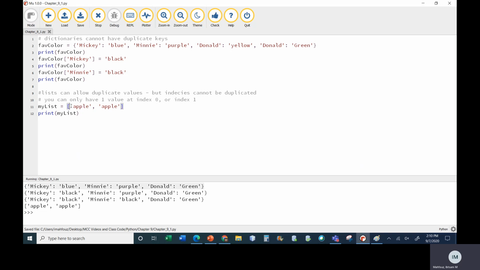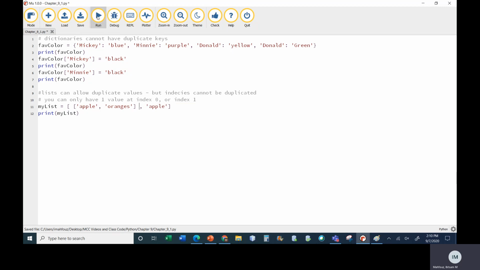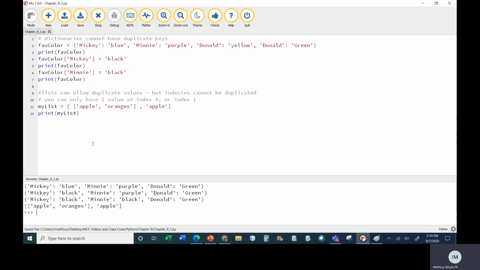That thing might be a list, like I could have a list of apple and oranges, for example. That's okay. But it's still one item. What is this item? It's a list. So just like with lists, you can only have one item at a specific index. With dictionaries, you can also have one item given a key. And so if you try inserting a key multiple times, it is overwriting what was there before.